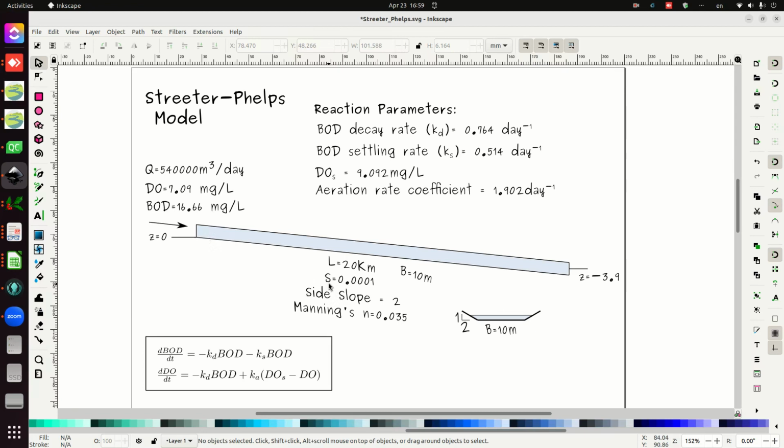The properties of the stream are given here. The slope is 0.0001. The channel cross section is assumed to be trapezoidal with a side slope of 2. Here is the cross section. The bottom width is assumed to be 10 meters, and the Manning's roughness coefficient of the channel is assumed to be